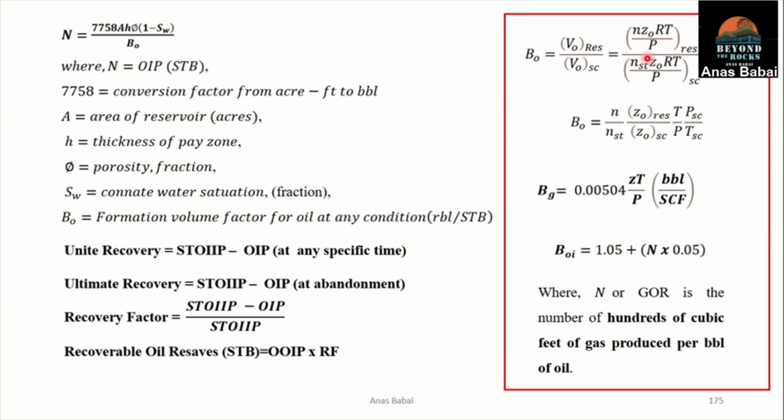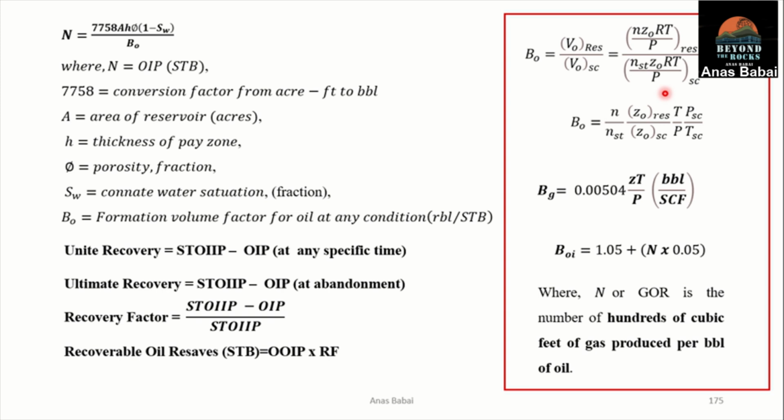nZRT divided by P, and this is in reservoir condition, and this is one in standard condition, according to the previous definition that we have given. So by manipulating those two equations, we can reach this one. The n will cancel n at standard condition, and we have Z,